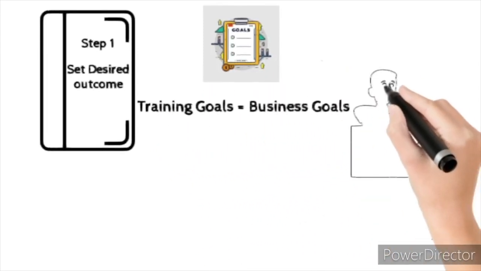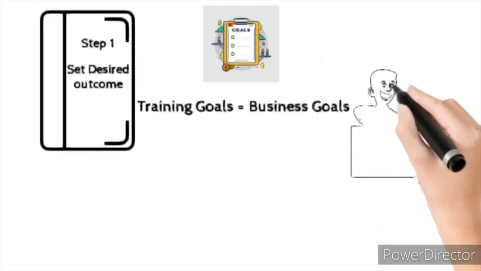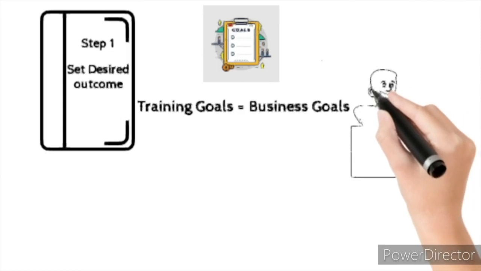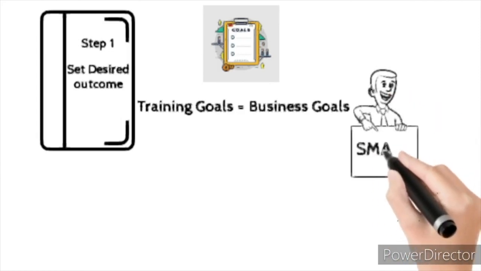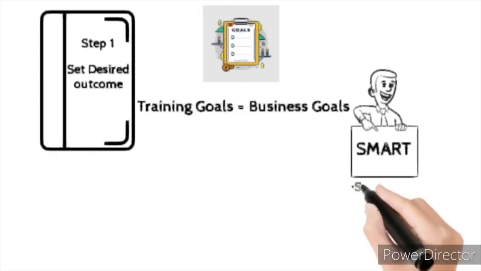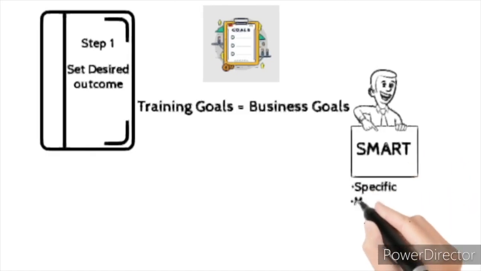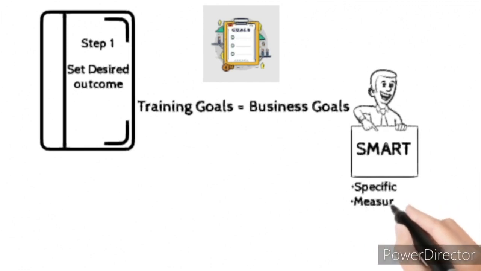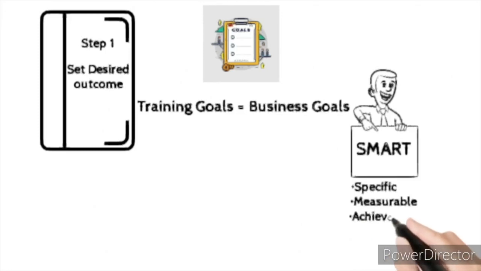You can determine the training goal specific to a particular job role, department, or the organization. Defining the training goal keeps the TNA on track. When you define goals, think of SMART goals, such as specific, which are simple and sensible; measurable, which are meaningful and motivating; achievable, which are agreed and attainable;